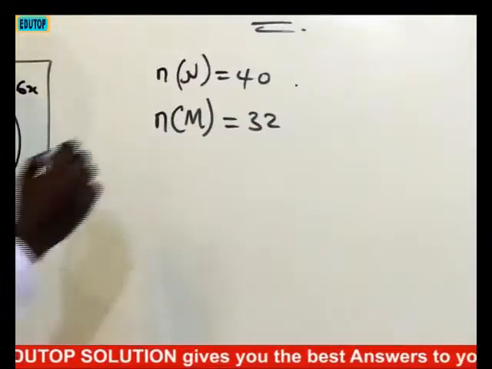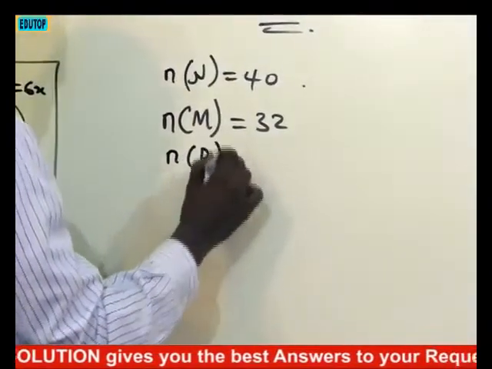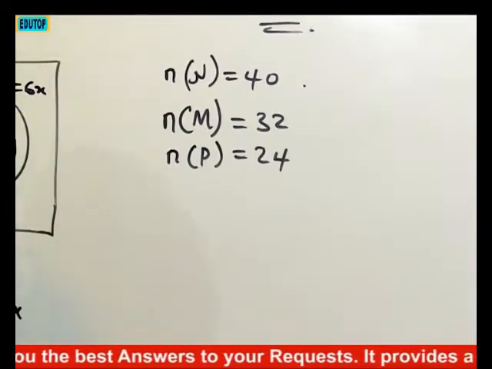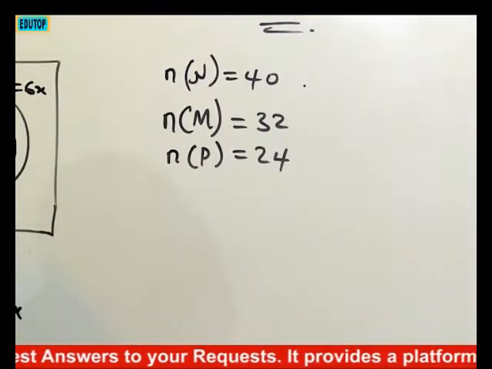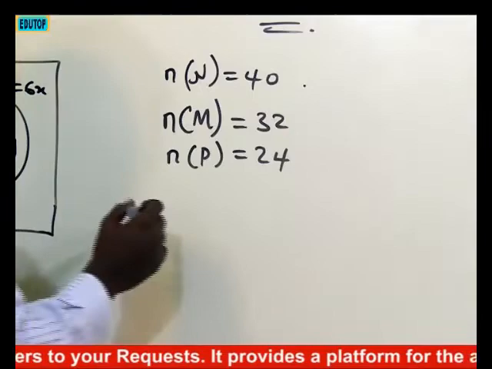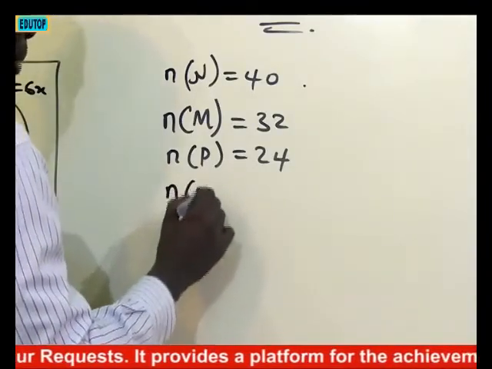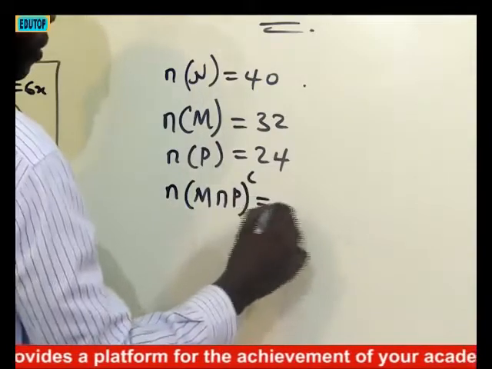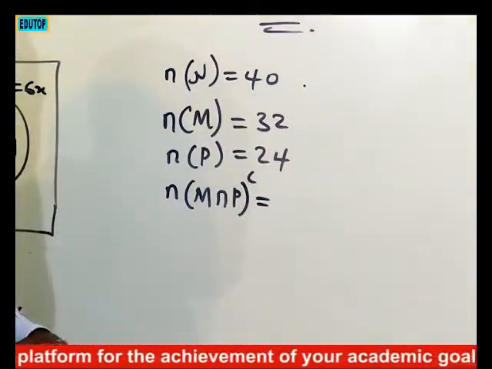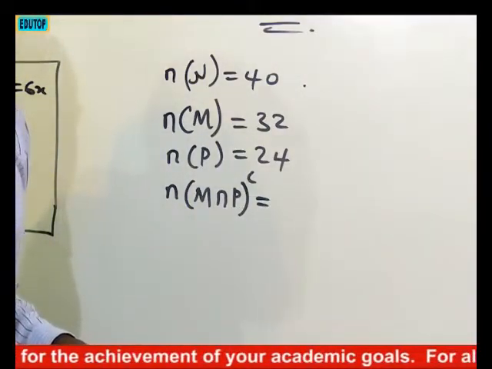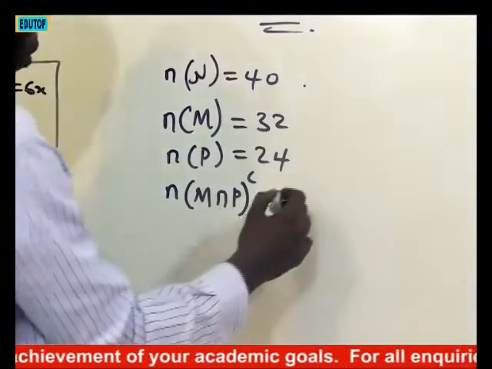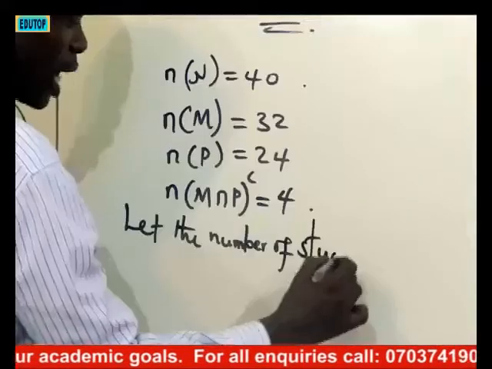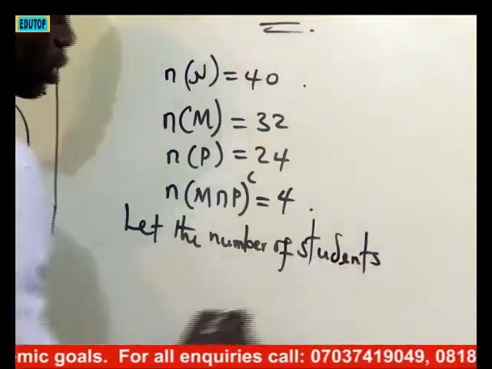24 offer physics. Number of physics is 24. And 4 offer neither mathematics nor physics. That means the number of neither mathematics nor physics, the complement, is equal to 4. Then the question asks us, how many offer both subjects? So the number of students that